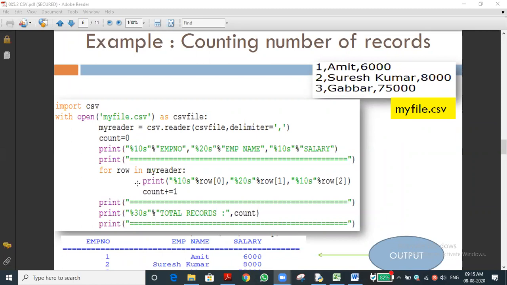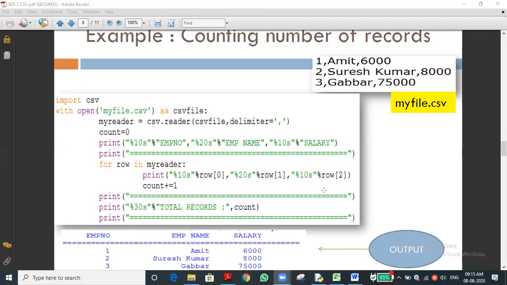Then the first row will be assigned to the variable row. Then we are printing row of 0, row of 1, and row of 2. Row of 0 denotes the employee number in this program, row of 1 the employee name, and row of 2 the salary. So that value will be printed in a formatted way.